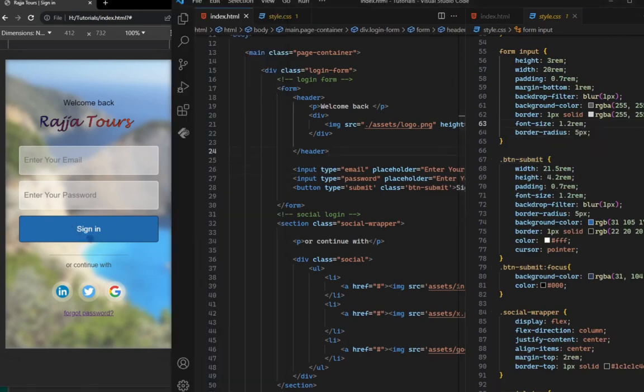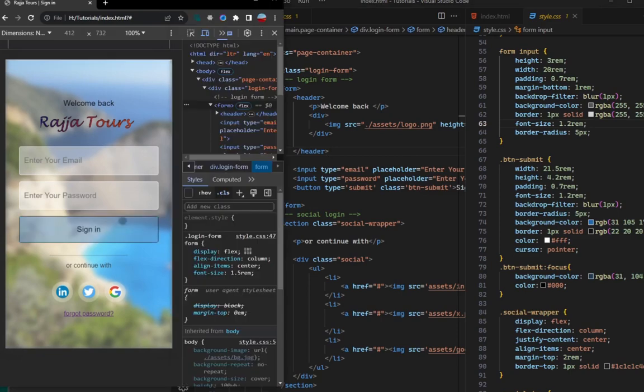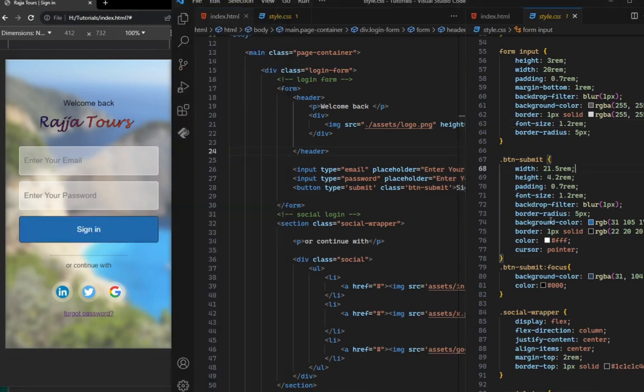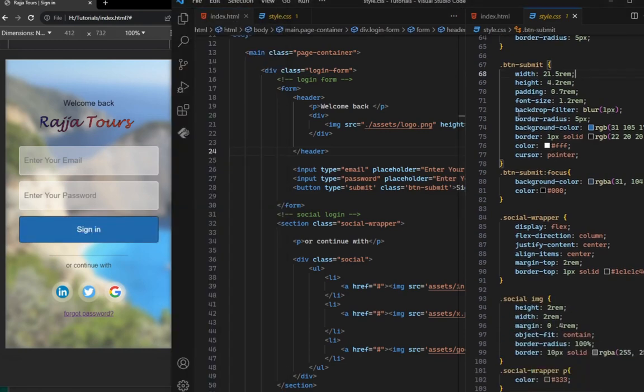So this is the design for it. This is the button, and this is how it looks. And when you click on it, when you focus on it, it looks more glassy, more transparent than when it is not focused. Okay, so let's select another item, and focus is gone, and we change the text as well. And so this is the primary design. This is the width of 21.5. We have the height of 4.2. We have the padding